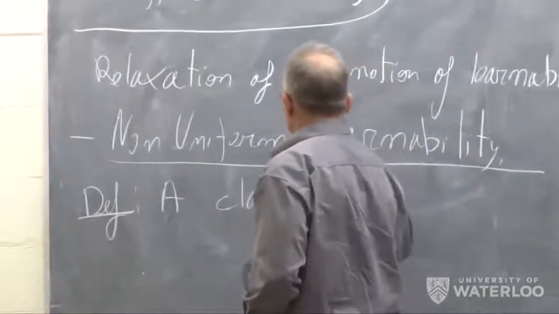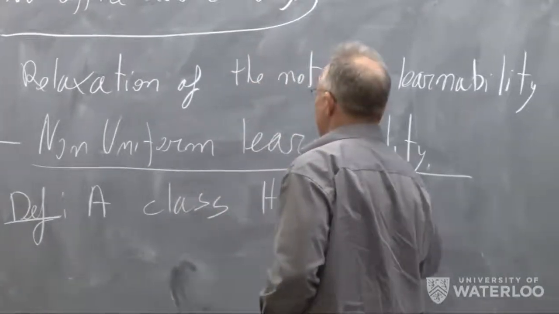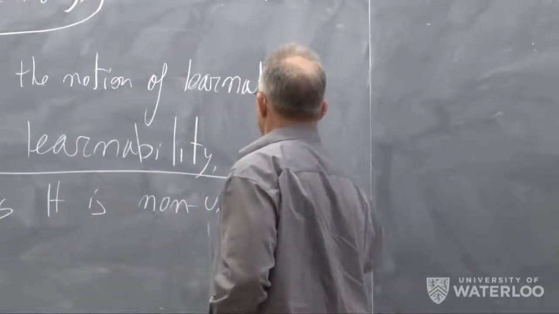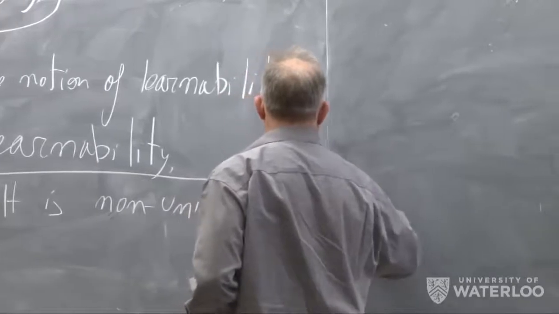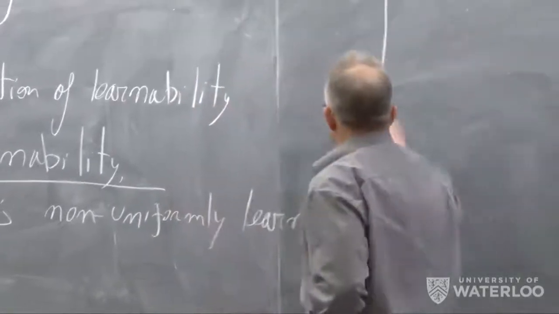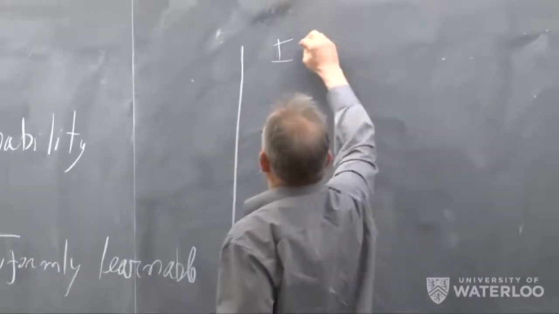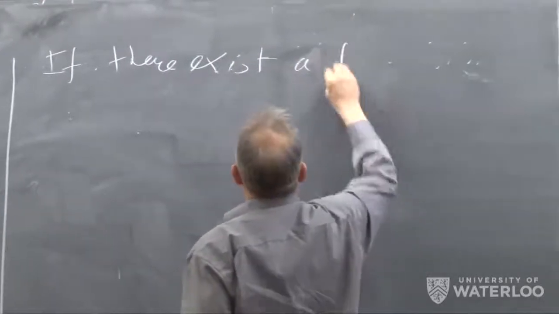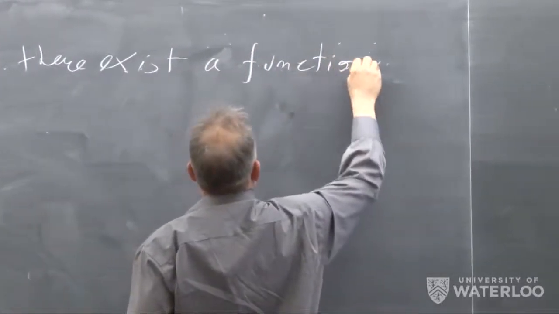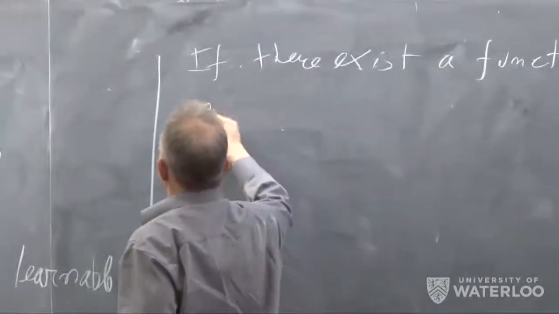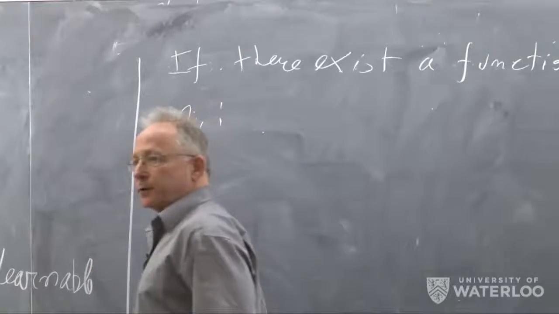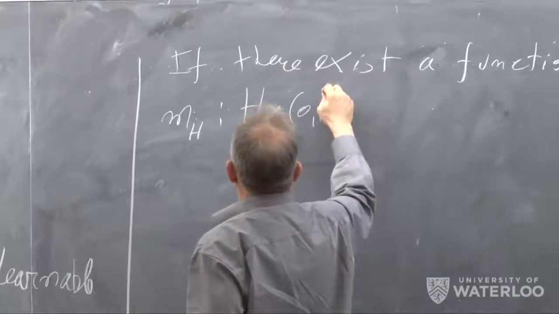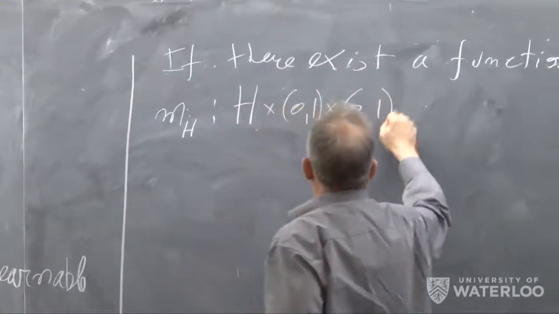So a class H is non-uniformly learnable if there exists a function MH that goes from H times (0,1) times (0,1) to the natural numbers,